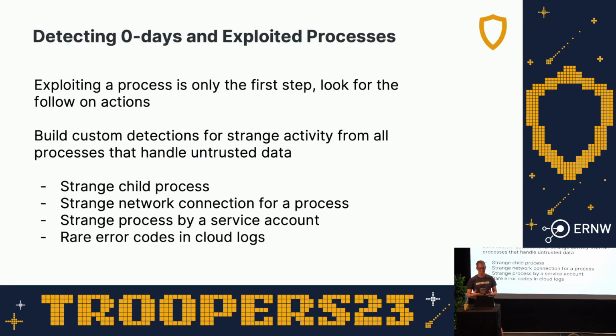And so how do you detect that from a detection engineering point of view? Exploiting that process is only the first step. As I said, that was some backend AWS process, but the attacker knew that it was exploited because they got a connection outbound. So how do you detect this? You detect it in your cloud. It may be complex, it may be a challenge, but it's your cloud. You know what runs here, and the great thing about the cloud is it's almost entirely programmatically controlled. So you can detect strange child processes, strange network connections, service accounts doing things that they never did before. The Apache server or the Apache user account should only run a very small set of processes. If you ever see it running anything else, trigger an alert.